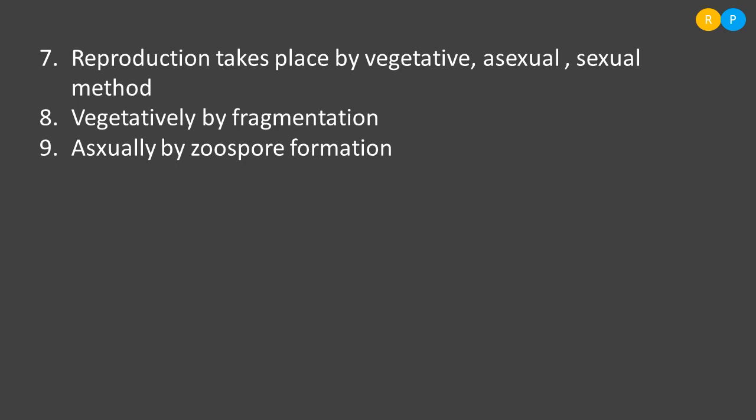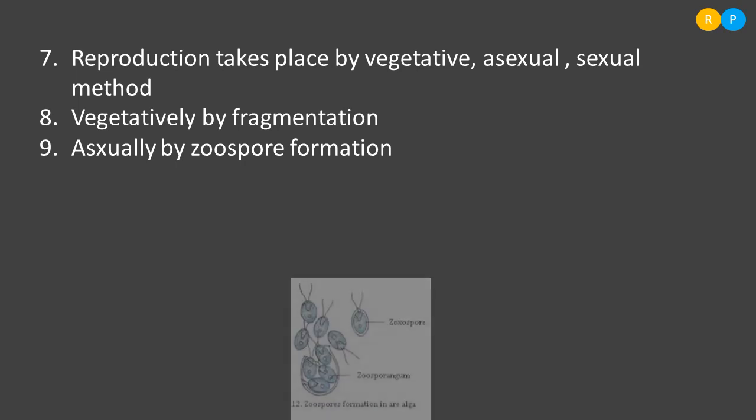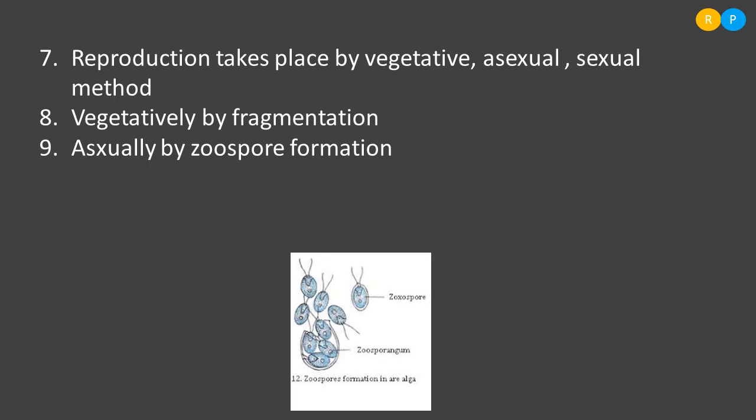Yes, the second one is the asexual mode of reproduction. The asexual mode of reproduction takes place by the formation of motile spores. Those motile spores are named zoospores. Zoospores are commonly formed as asexual spores in some members of green algae. The best example we can see here is Chlamydomonas. Chlamydomonas is an aquatic alga. During asexual reproduction, it produces a large number of motile spores. You can clearly notice in this diagram, all these motile spores are named zoospores.